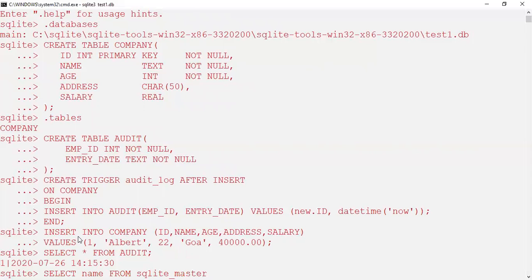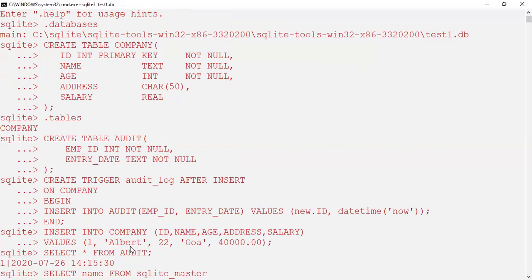So we insert values into the company table. Here we have ID, name, age, address, and salary. So this is what we have done here, and we just created this one, and finally insert these values here. So this is the logic we have.